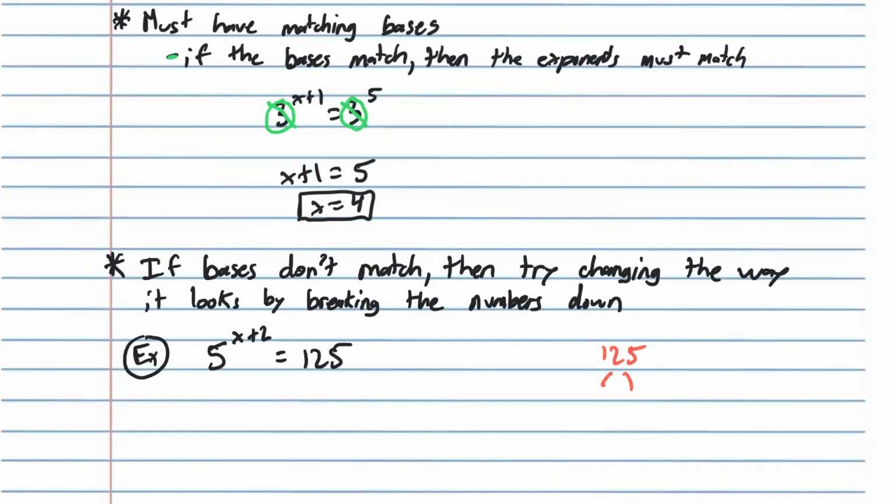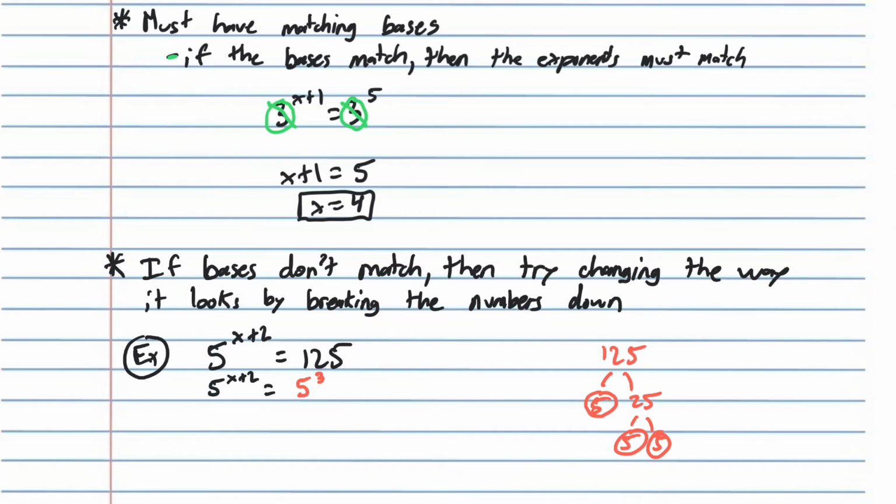Okay. So we know that 5 and 25 works. 5 does not break down, but 25 does. 5 and 5. So we can break 125 down into 3 5s. So what we can actually do is we can rewrite our equation to look like this. 5 to the power of x plus 2 and 125, we can change the way it looks. We can change it into 5 to the power of 3, because we see over here that 125 breaks down into 3